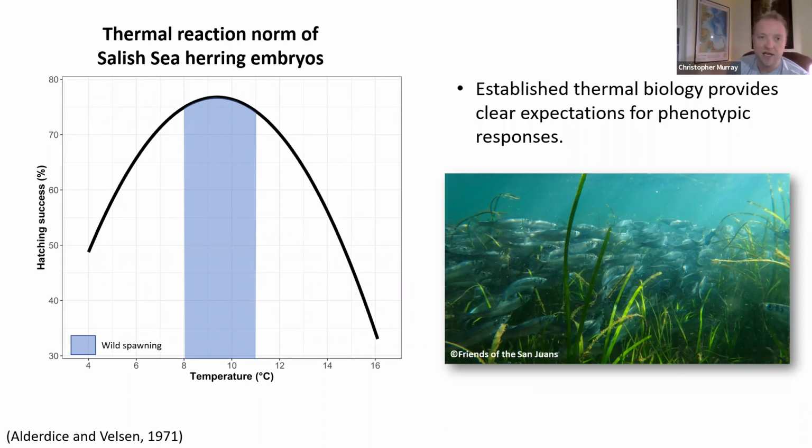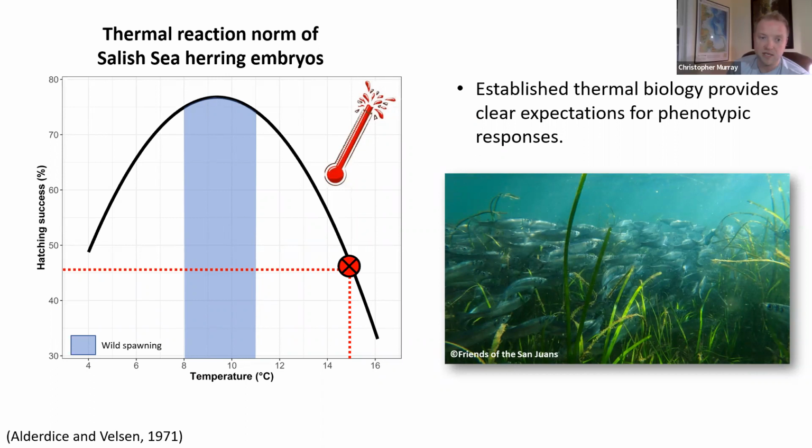The blue shaded area is the temperatures for which wild spawning occurs in the Salish Sea for wild Pacific herring. Generally from about 8 degrees up to 11, a little bit warmer. And obviously the Cherry Point stock tends to spawn at temperatures even warmer than that. But that 16 degrees would put viability well outside the maximum, and we might expect it to fall by up to half. So if a heat wave would manifest right after our herring spawning event, it could, in theory, reduce the viability of that spawning event by up to half.